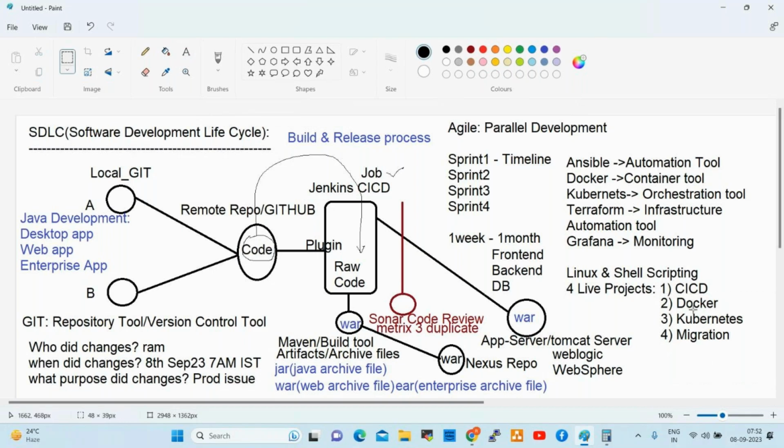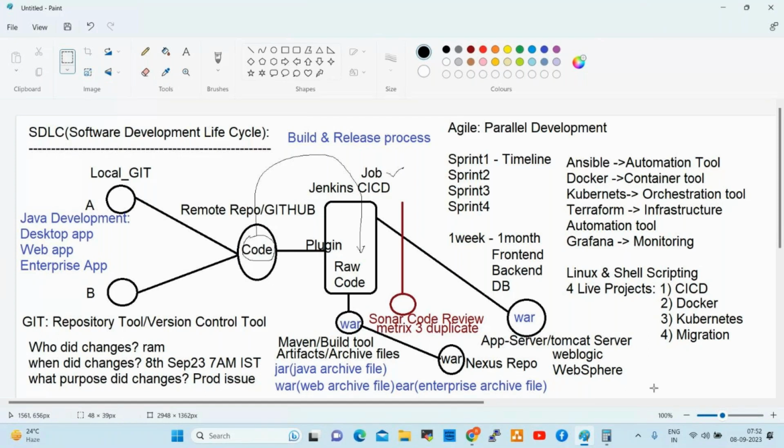So next to Docker. Whatever applications we are deploying on application servers, those applications we can deploy on Docker containers. Once we deploy onto Docker containers, how can we access the internet? That will be covered. So Kubernetes. In Kubernetes we have pod concept, pods. So the same application, how can we deploy onto Kubernetes? That we will see in live.